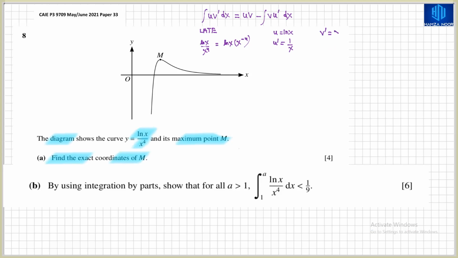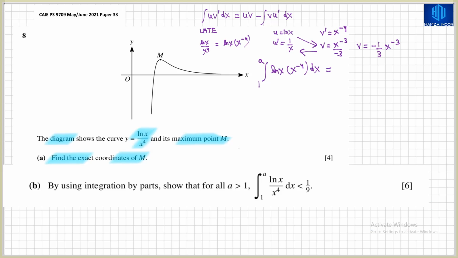and v dash is equal to x raised to the power minus 4, therefore v is equal to x raised to the power minus 3 divided by minus 3. And we can say that v is equal to minus 1 over 3 multiplied by x raised to the power minus 3. So uv minus the integration of v u dash with respect to x. This is the formula. So when we integrate ln x multiplied by x raised to the power minus 4 with respect to x with upper limit a, lower limit 1,